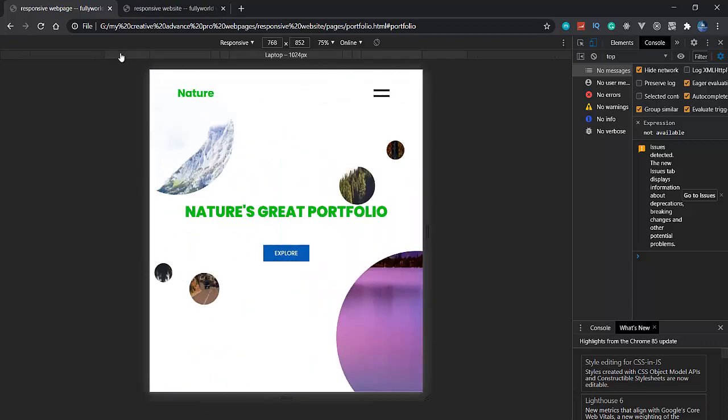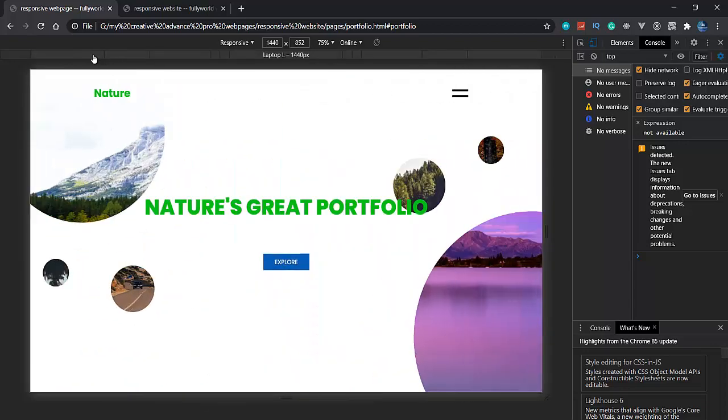So this we will make, and it will take hardly 15 minutes to complete, because this portfolio section is easy to make responsive. It is easy because we used the grid system and the clip path here, so that's why it will be easy for us. Now, without wasting our time, let's go to our coding section and complete our portfolio as responsive.